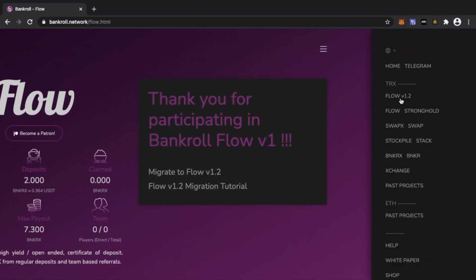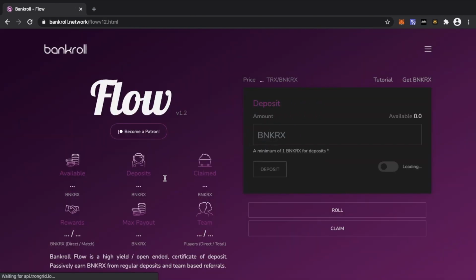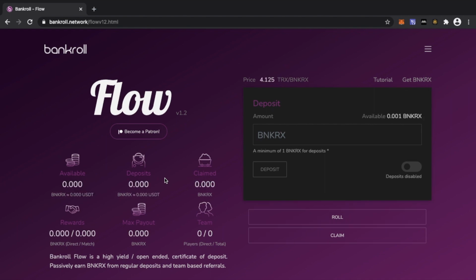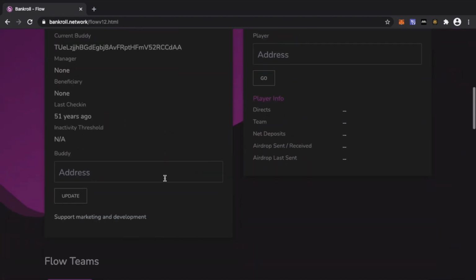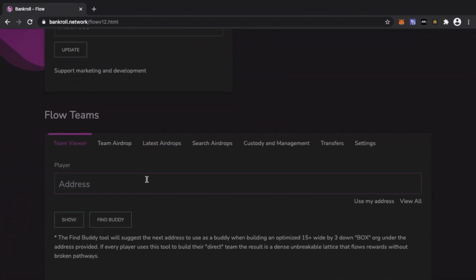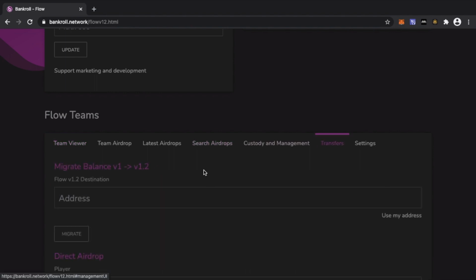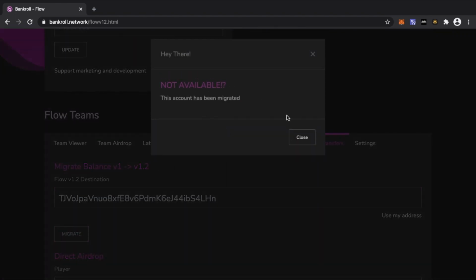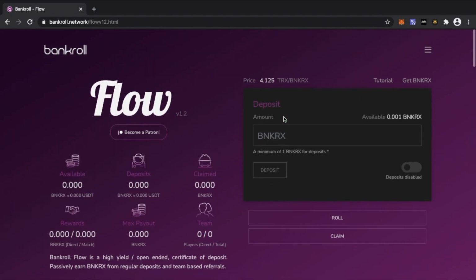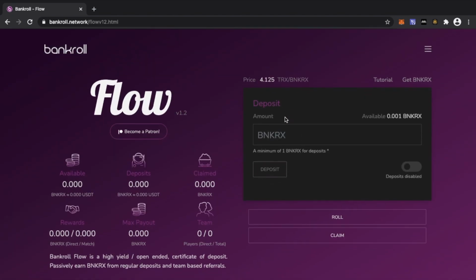So I'll just go over to Flow version 1.2 and try doing that same process again. So I'll go straight down. I'll go to transfers, the transfers tab, put the address in. I'll just use my address in this case, or I'll use the existing address, any address, and we'll say, look, this account has already been migrated. And that is basically your